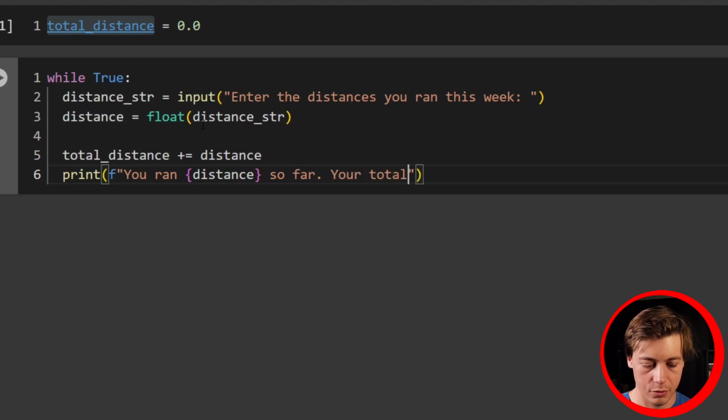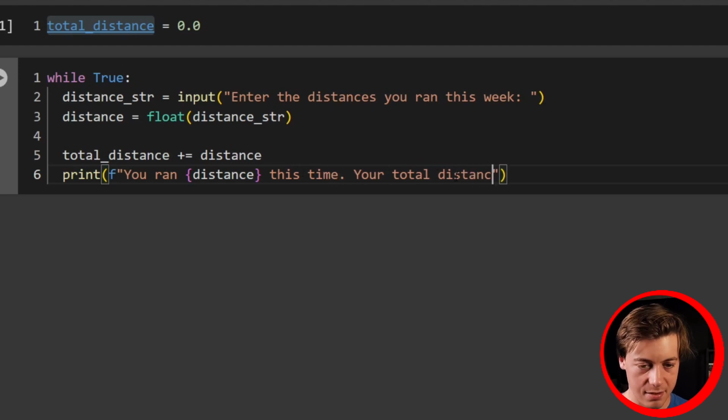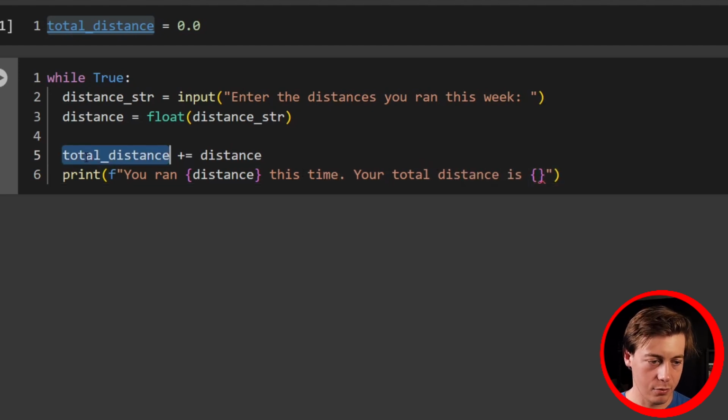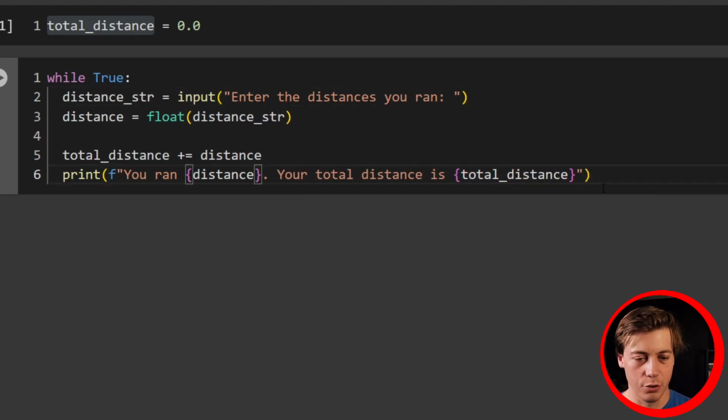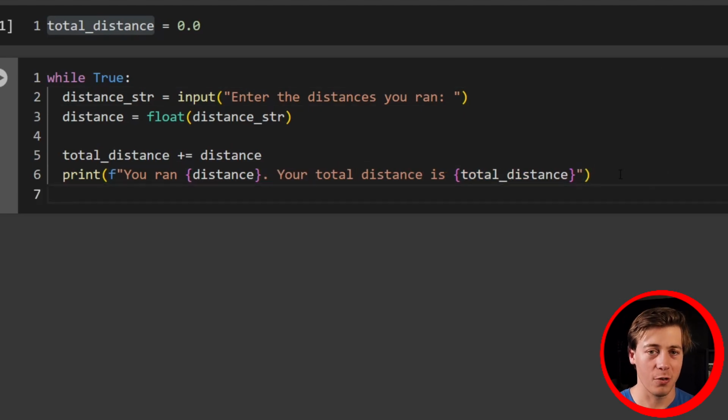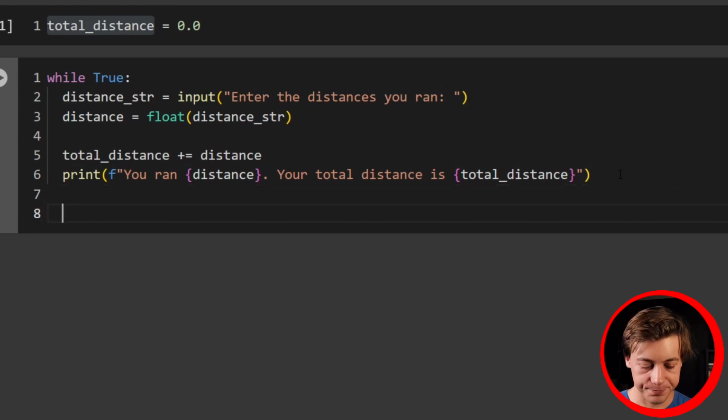Okay. Let's say you ran distance today. We'll assume like someone just runs it each time. Or this time. I don't know. I'm just changing this up a little bit. This time. Your total distance is, and we'll just put total distance. So that way we plug in this example, right? And since it says enter the distance you ran, I'm going to just change it out of this week. So enter in the distance you ran. We're going to add into the total distance you ran distance. Your total distance is, I guess I should check this before starting the video, but regardless,